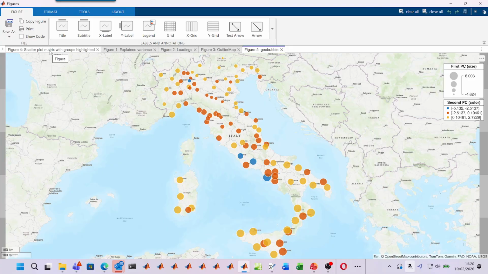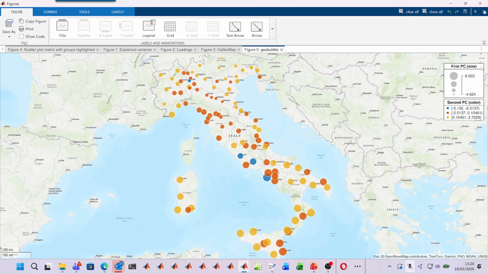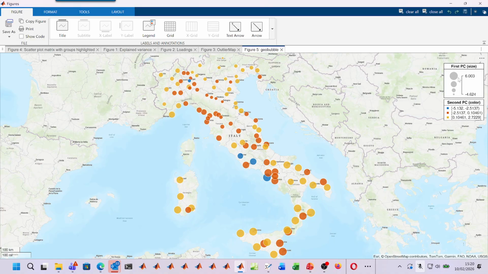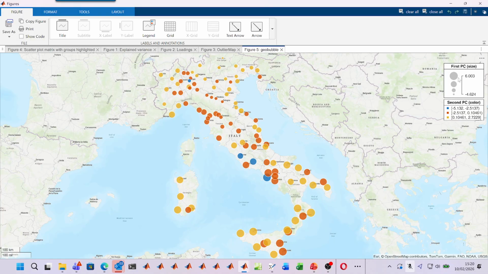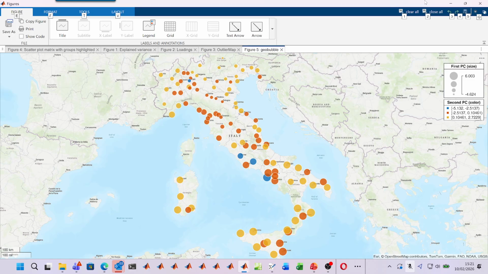Okay, then you automatically have the bubble plot, with a color for each province, and the size is proportional to the first principal component. Therefore, the larger the size, the worse the province, because as we have seen, the first principal component